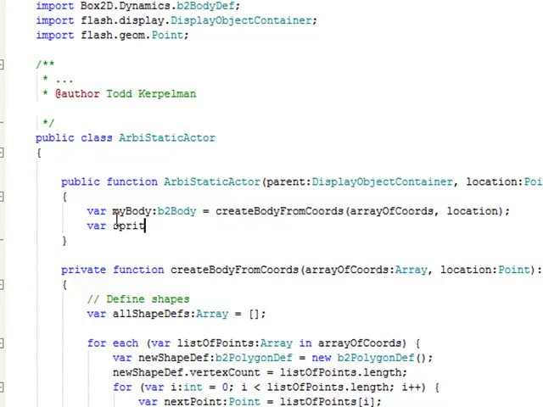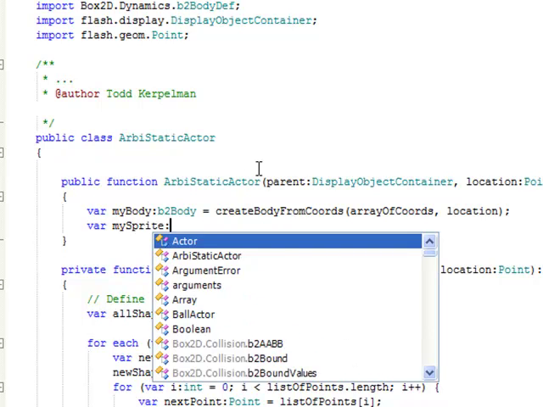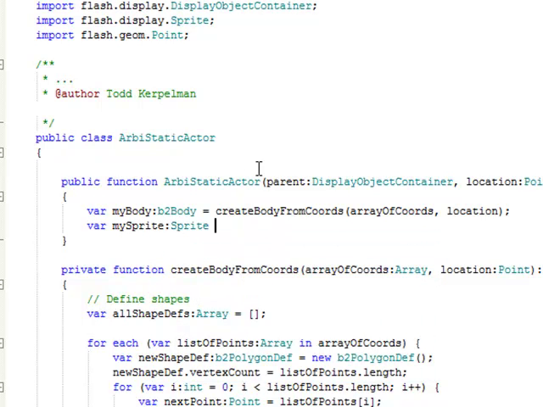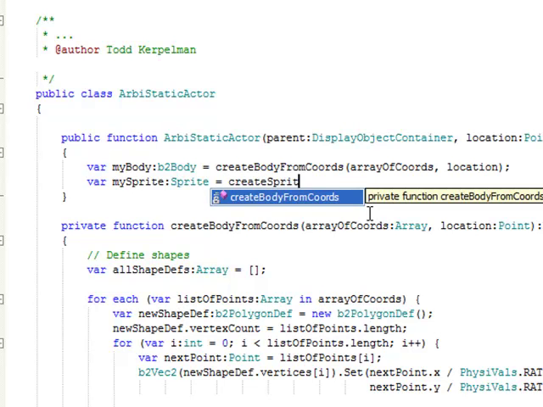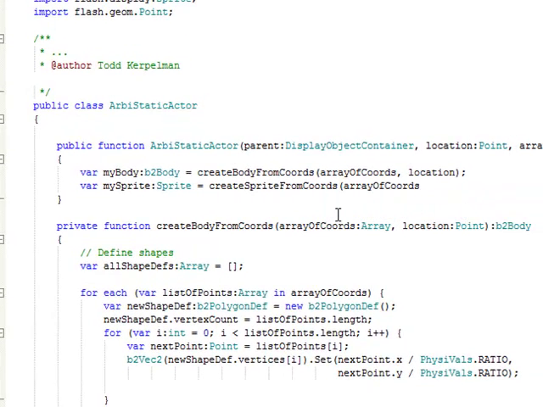I'm going to do my sprite. We'll call it my sprite. And it will be a sprite. And the same way we created a B2 body from our create body from coordinates function, I'm going to call a create sprite from coordinates. We're going to pass it the array, the location, and also the parent because we need to put our sprite